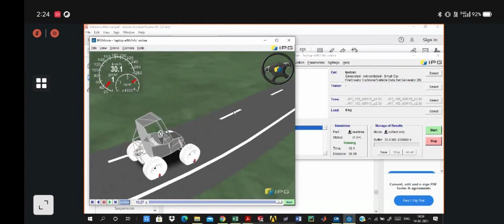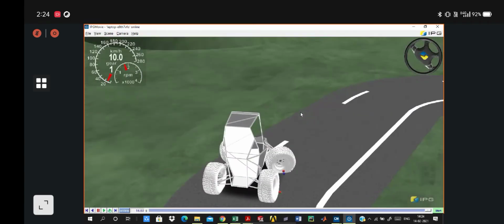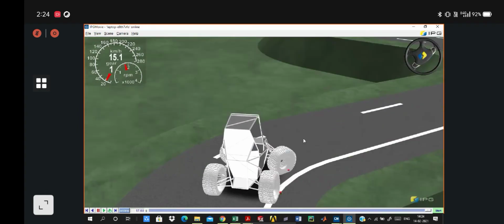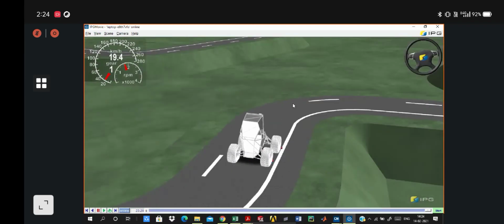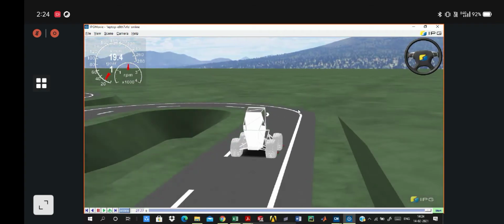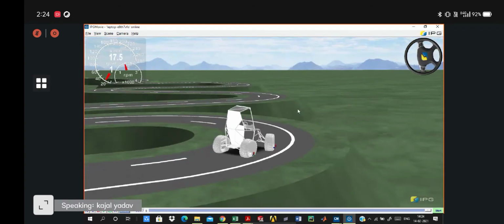You can see the pitching of the vehicle is much unstable right now on the track. Yeah, it is showing the error: roll angle is too high.